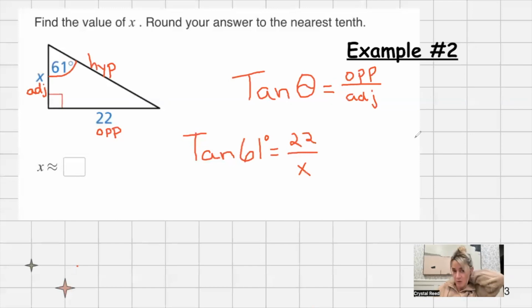Tan 61 is a number we're going to plug into our calculator. Okay, so how we solve this, we want to solve for that x. This is in our denominator right now. We don't like things in our denominator, so we want to get rid of it. And so how we get rid of it, right now it's 22 divided by x. We're going to do the inverse operation. We're going to multiply both sides by that x. Cancels out because x over x is 1. What you do to one side, you must do the other. So now we have times x here. So now what we have is x times the tan of 61